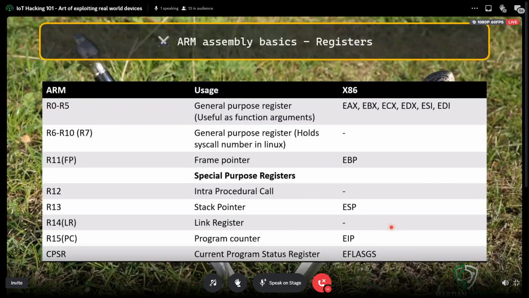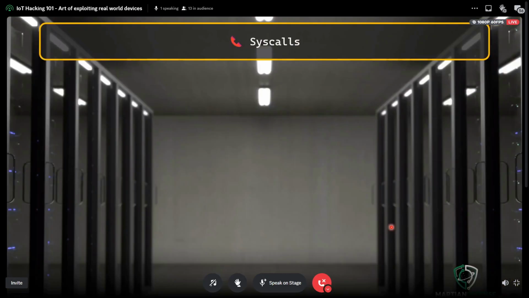So these allow you to put in like 5 arguments, and that's why we are using them. They are not for a syscall. R7 is for the syscall.